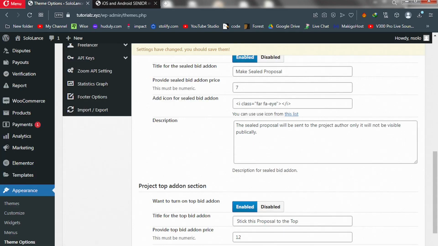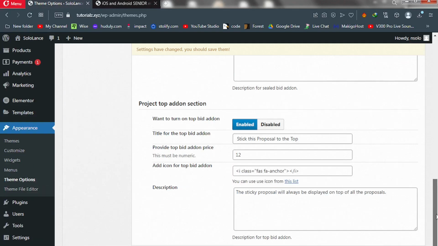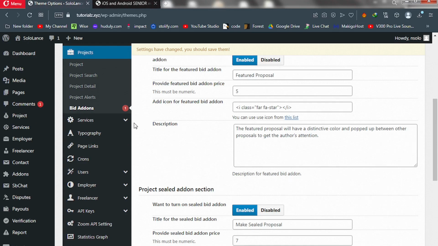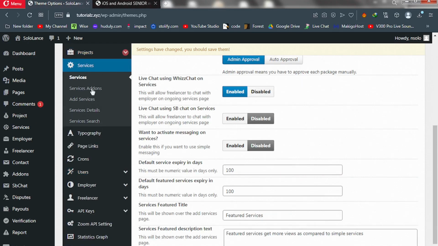Let's go back to the top after saving the changes. So I'll take you back to our top, and I click on services. Services and projects work the same. So when you click on services on top,